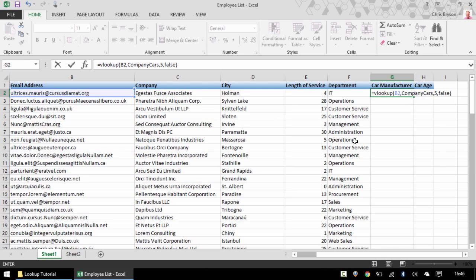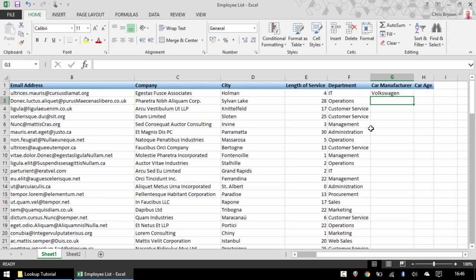Now I'm going to press return, and then we can see the result is Volkswagen. Now we can test that first of all. The formula's in, it's pulled back the manufacturer, but what we can do is click on the email address and